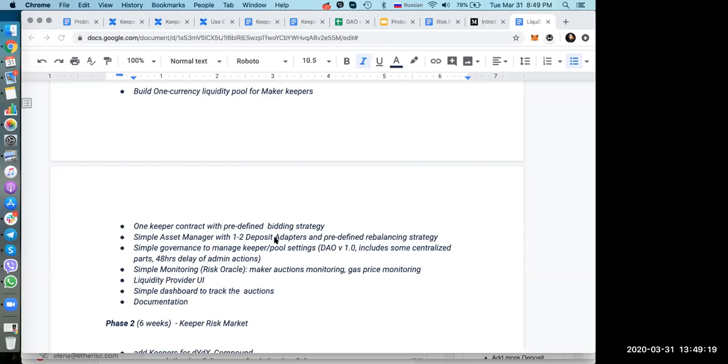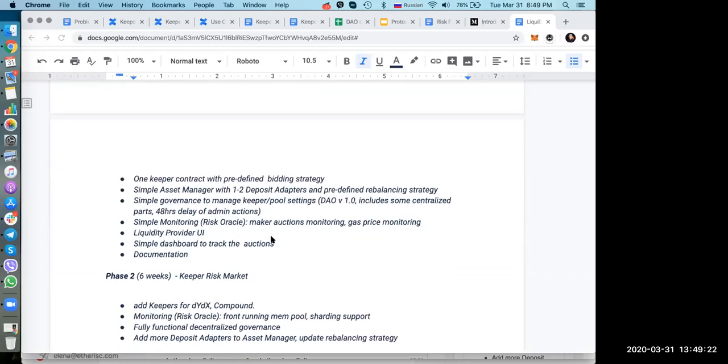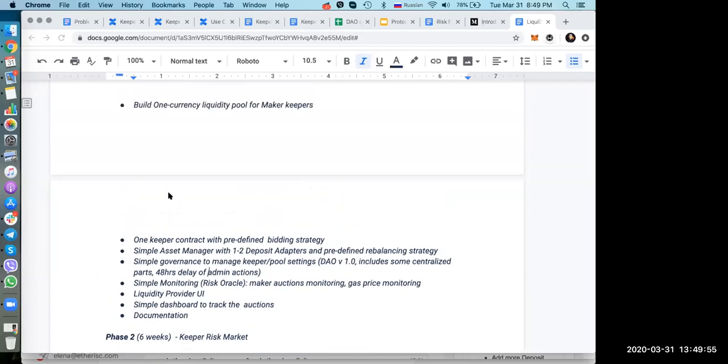That's the second. As an MVP, can we start with just DSR? Yeah, we can start. Actually, if we simplify the bidding strategy and make the tests quickly, if we simplify the asset manager, and we just hold the assets in the pool, or we use just the DSR as the only place where we can put the assets during peacetime, the phase one will be much simpler,